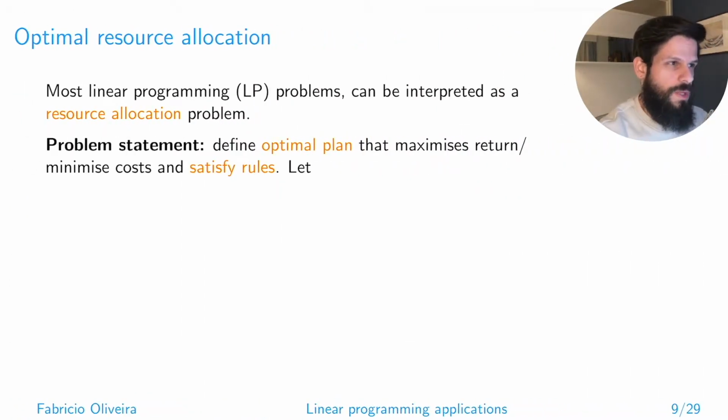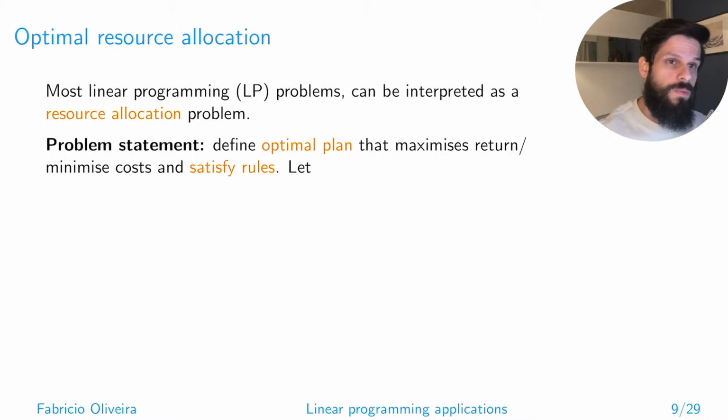So basically the logic behind resource allocation is that you have a collection of resources which you're trying to distribute in a production setting in a way that the final production assortment you obtain maximizes a given profit, or perhaps minimizes the cost. And this plan of maximum profit or maximum revenue or minimum cost would then be an optimal plan, right? So how do we do that? In order to state this problem setting